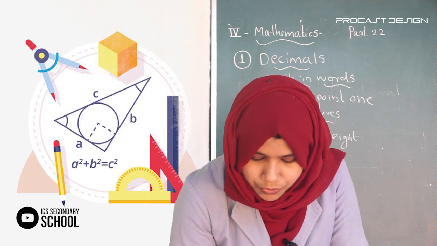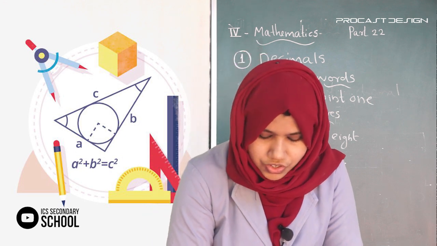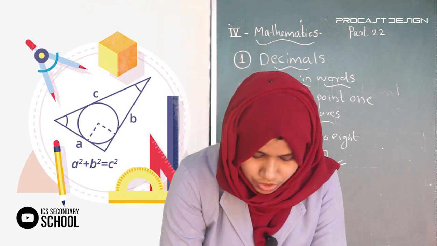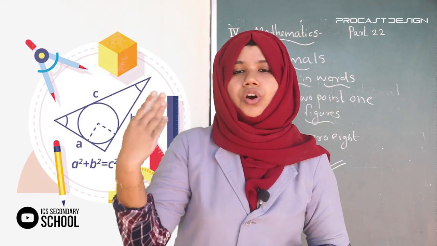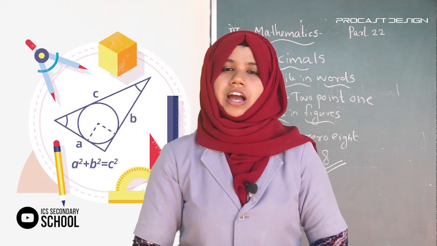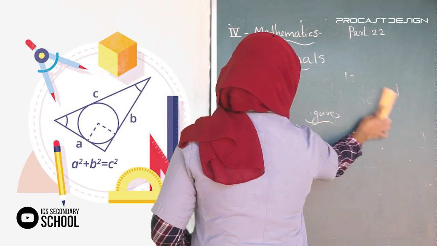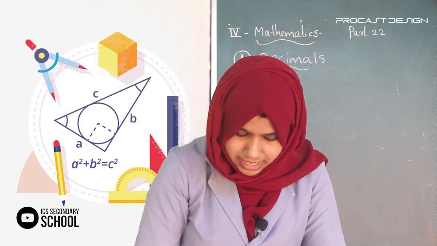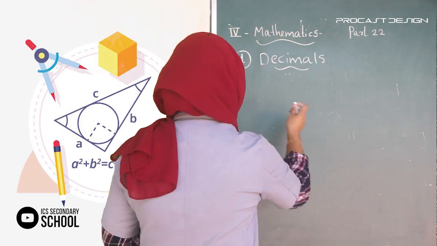Third one, write the following decimals in the place value chart. Arrange those numbers in a place value chart. D questions, write the place value of each digit. First one is 23.065. That means 2 tens, 3 ones, 0 tenths, 6 hundredths and 5 thousandths, like that. You have to write from this at your home. Okay. Is it clear? So this is about the place value chart of the decimal system. Next is fraction expressed as decimals.